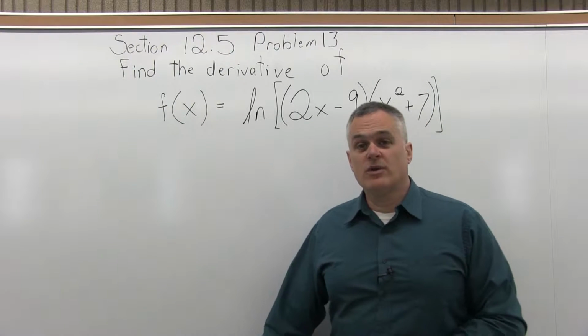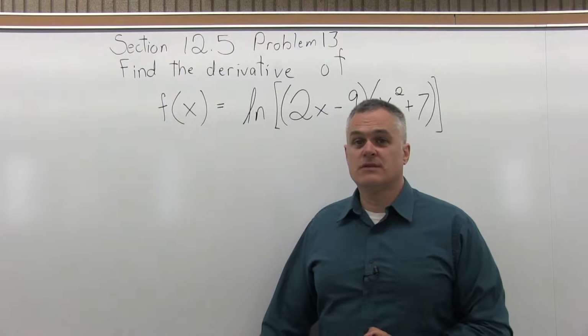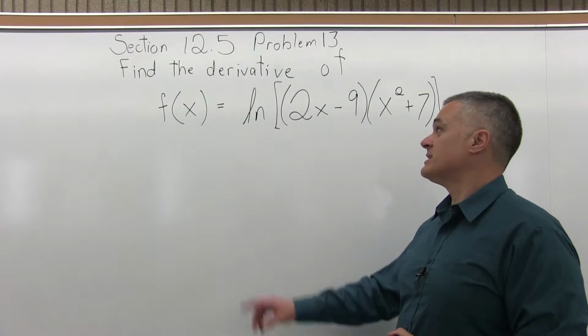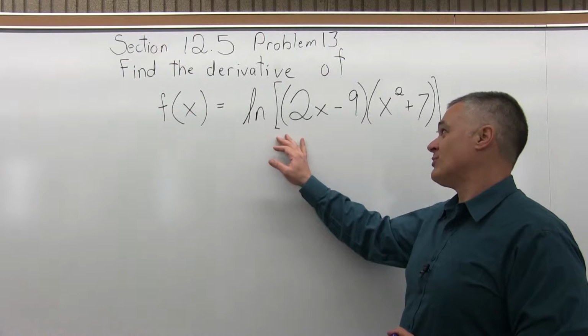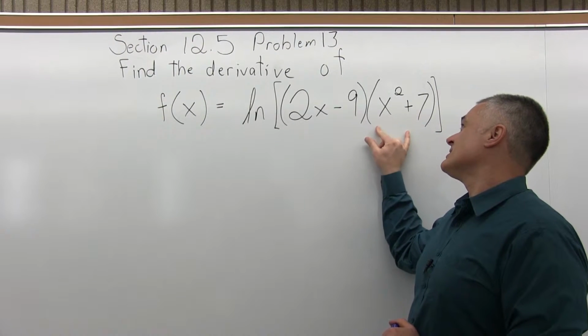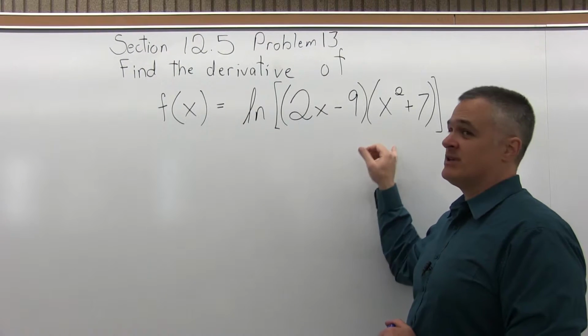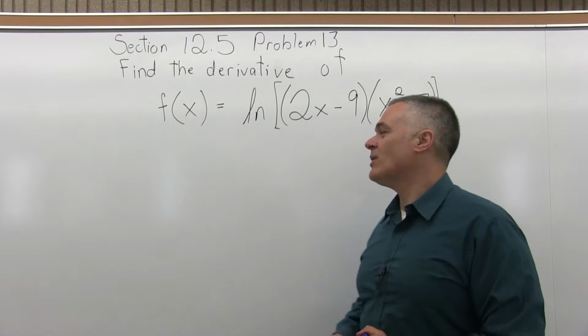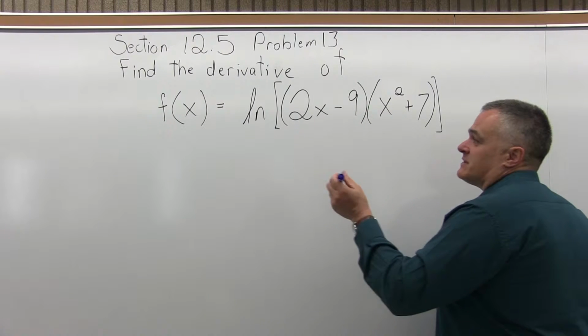This is Section 12.5, Problem number 13. It says find the derivative of f of x equals the natural log of, in brackets, (2x minus 9) in parentheses, times also in parentheses (x squared plus 7), close the brackets. So we're taking the log of some stuff,